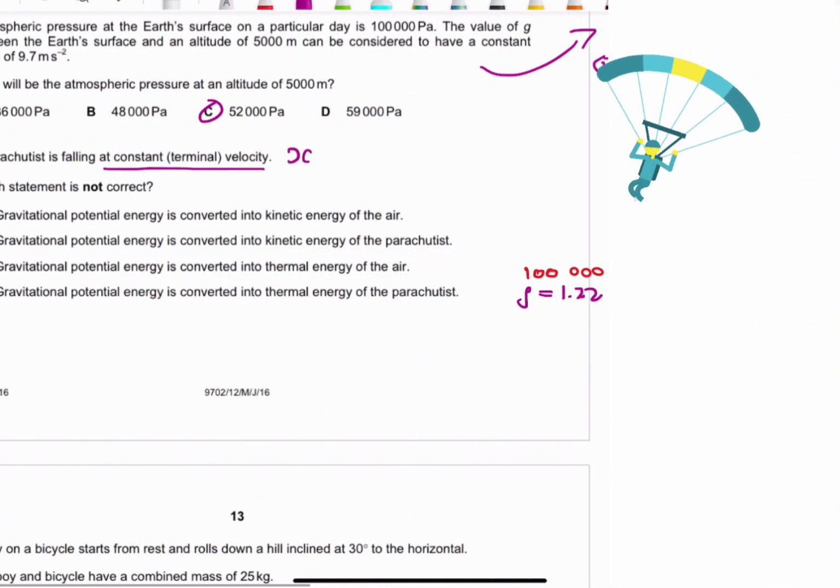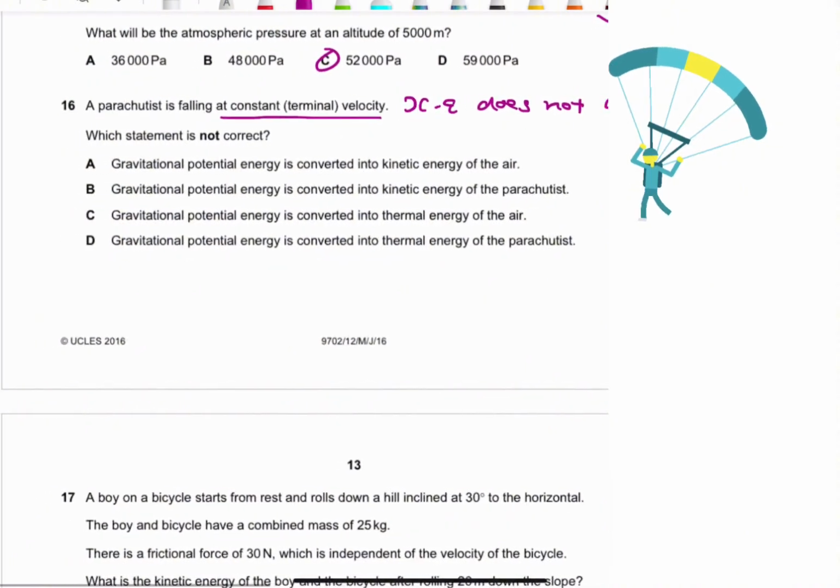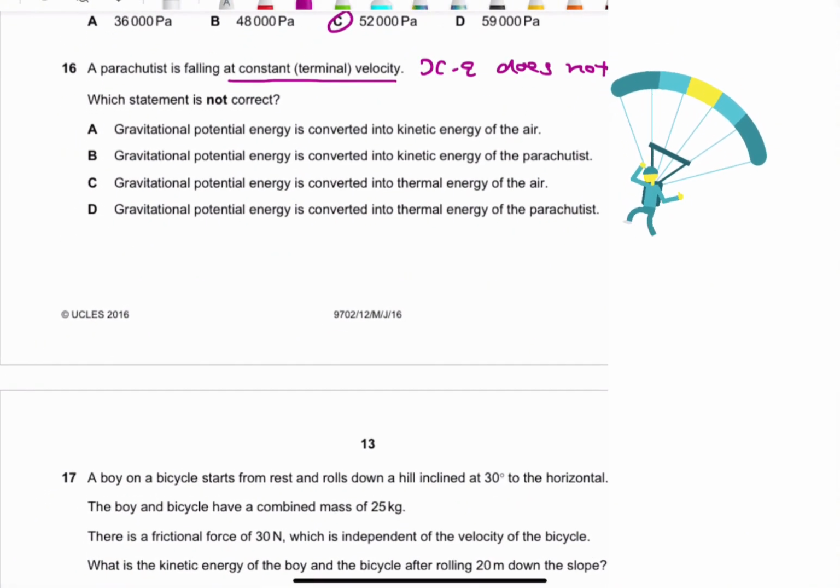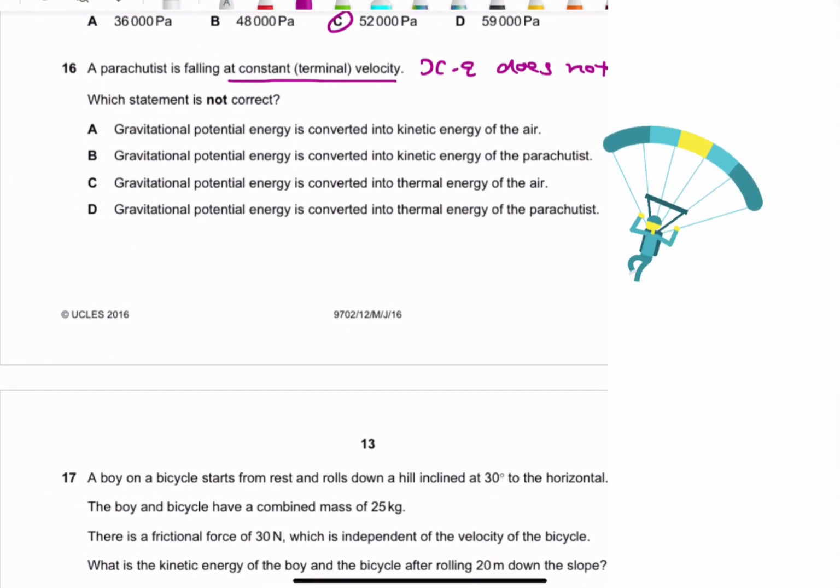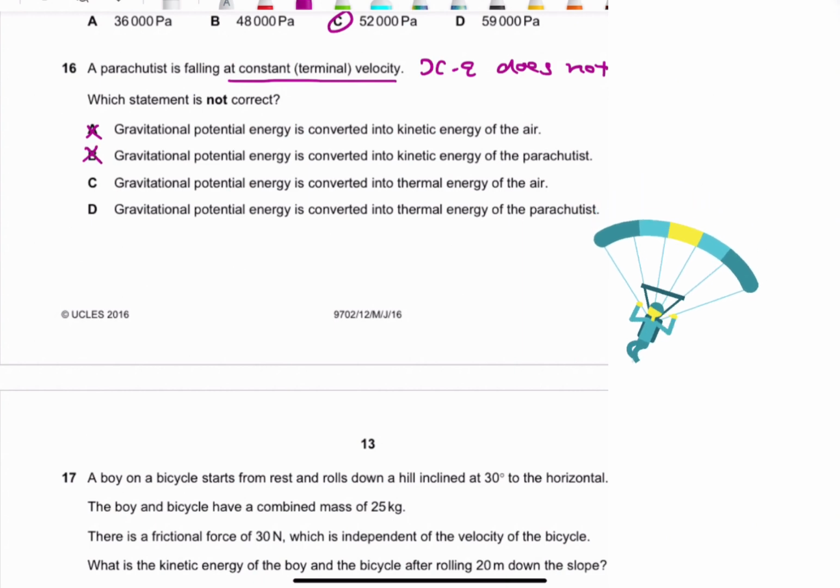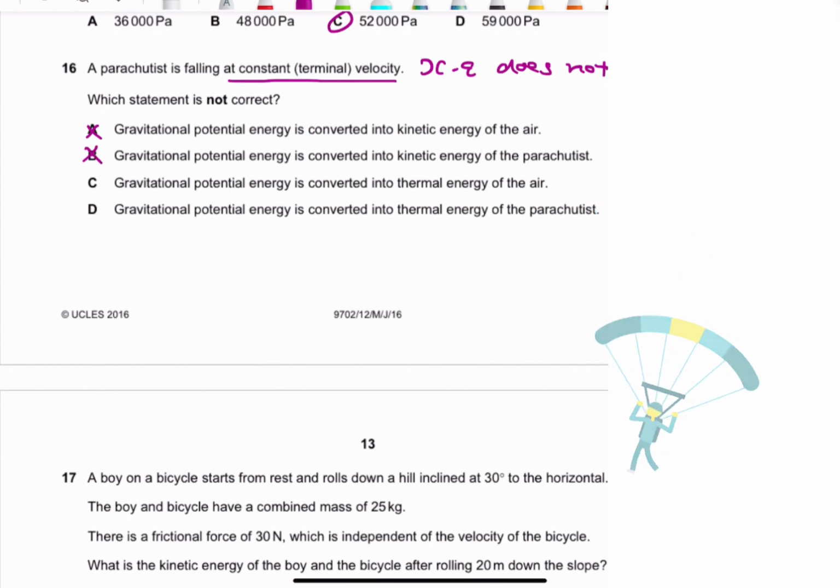So constant terminal velocity basically means kinetic energy does not change, right? So KE does not change. That's basically what it means to say terminal velocity, right? So the gravitational potential energy cannot be converted into kinetic. It will only be converted into,